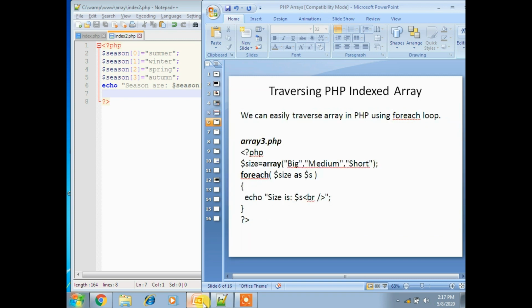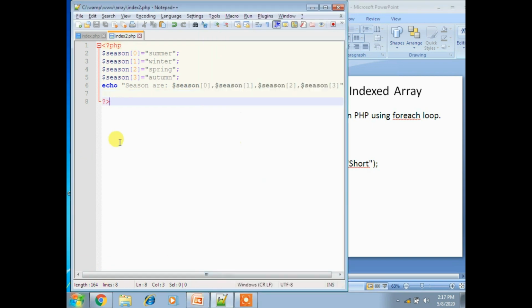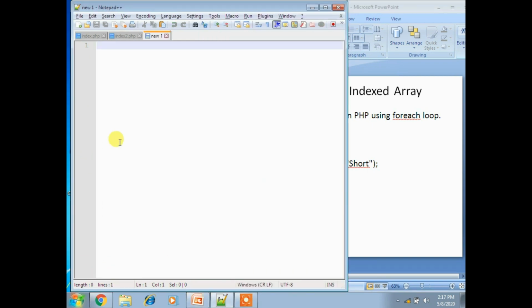Traversing a PHP indexed array. Okay, we can also easily traverse an array in PHP by using a foreach loop. Okay, so let's see a simple example to traverse all the elements of a PHP array. So here I'll take a new notepad now. Okay, so for this I am taking PHP and I am closing. So now here I am taking one variable called size equal to the array function. Here I am passing 3 different strings, that is one is big,